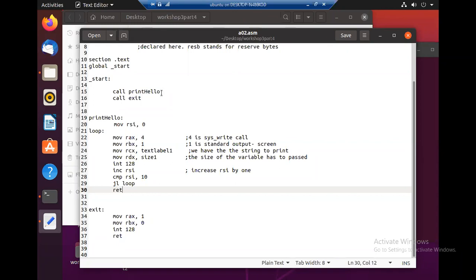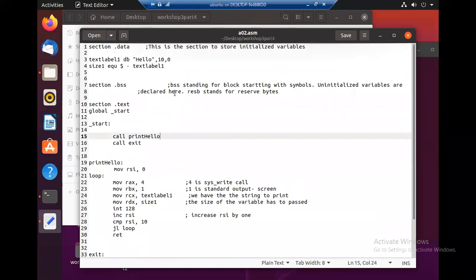So such a thing you can implement. Something like subroutines with arguments, you can implement using the concept of macros.